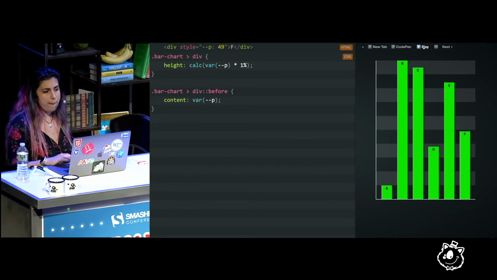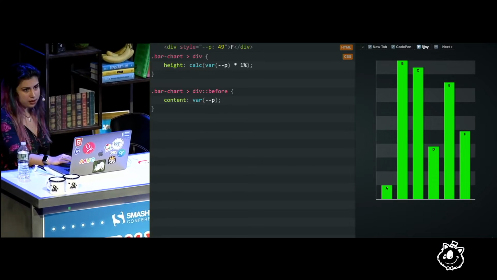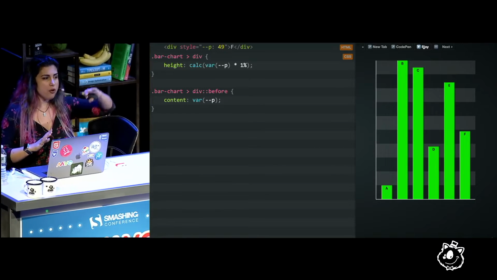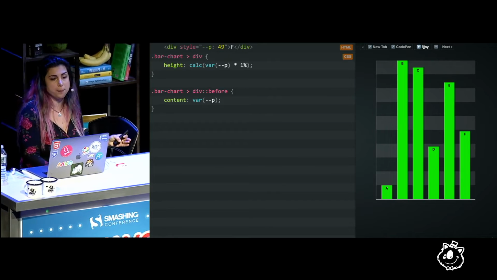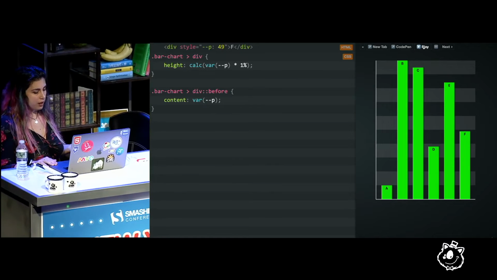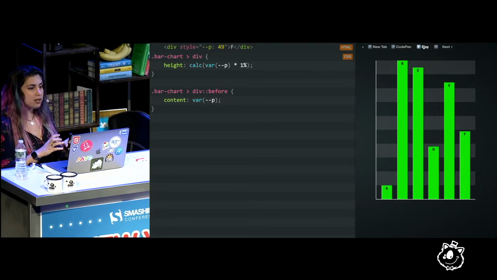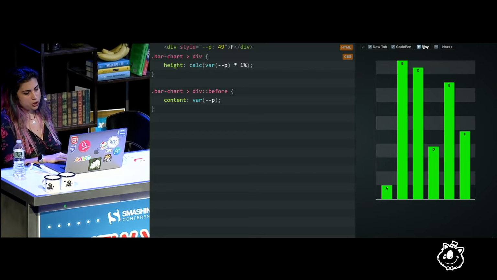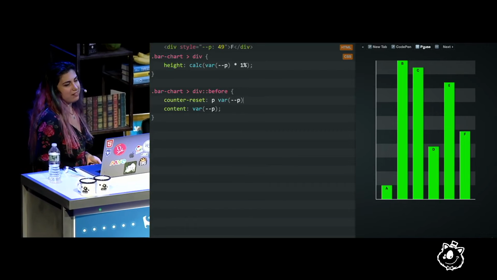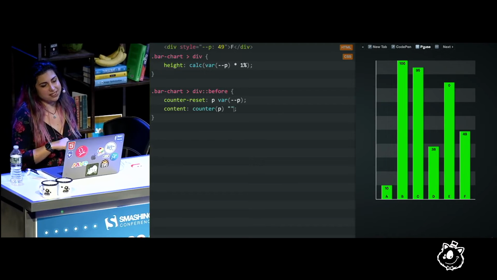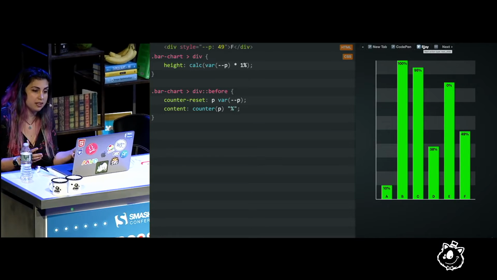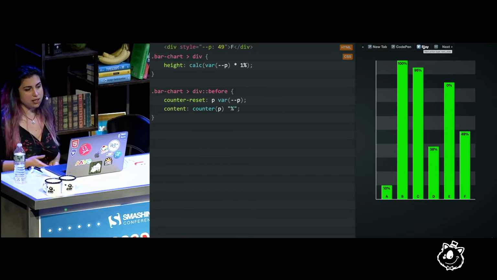So what can we do? We want to continue specifying it as a number, definitely, so we can have a nice API, because the point of this talk is that the API is over everything. Exposing a nice API to other people is very important, even if it means having to have some ugliness internally. So what can we do? We can specify a counter, because counter reset accepts numbers, and then use that counter in content, because the counter function actually gives us strings, and then the percentage is just another string tucked after it.